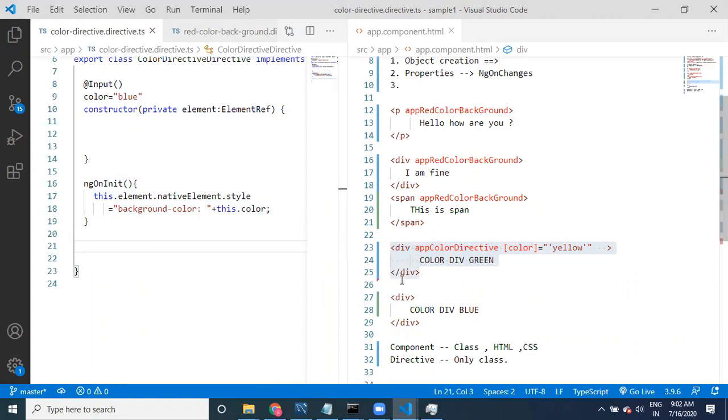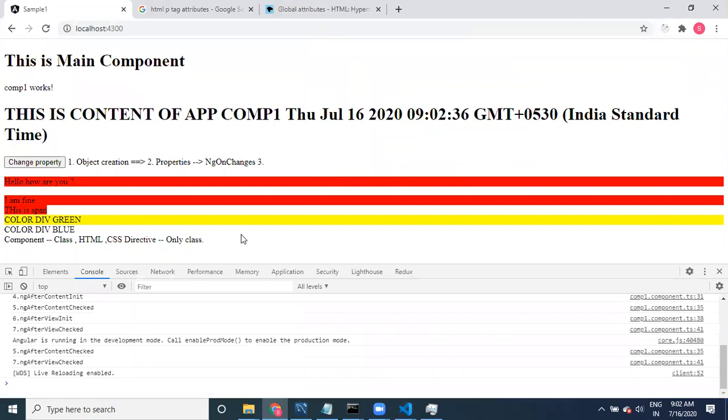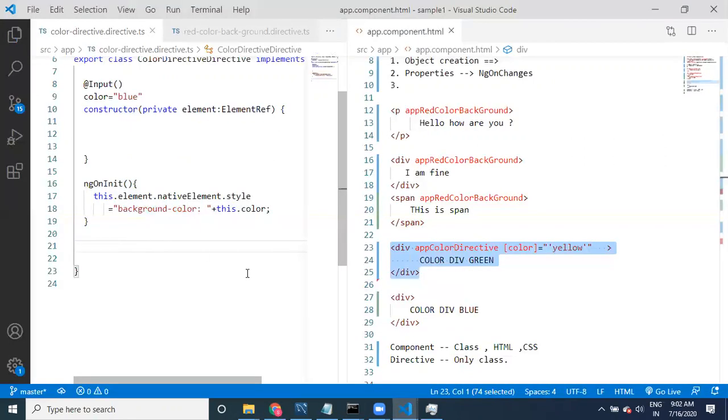If you click on something, if you click on this event, I would like to provide one more event. I am providing the property right here. For the directive, you can apply even events also.